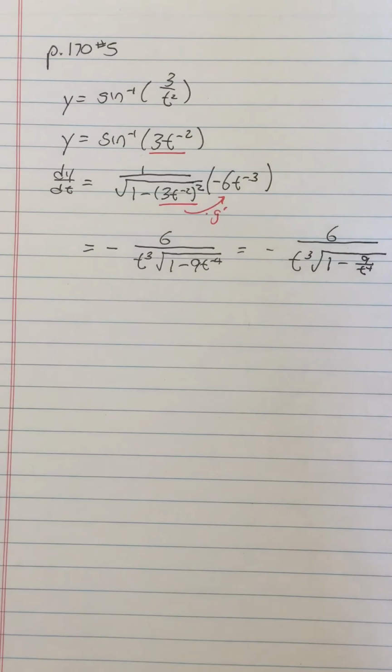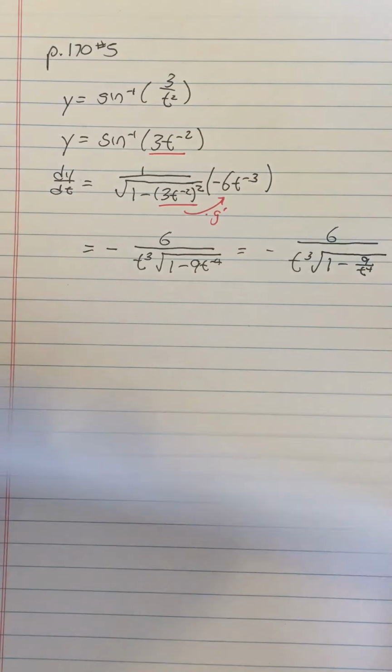So there are things that we could do, like this is a difference of squares. I don't think that helps much. We could multiply the top and bottom by t squared, and that would cancel out this t fourth in the denominator, but yeah, let's not bother. All right, that's number 5. Let's see if we can squeeze in number 15. So number 15 says,